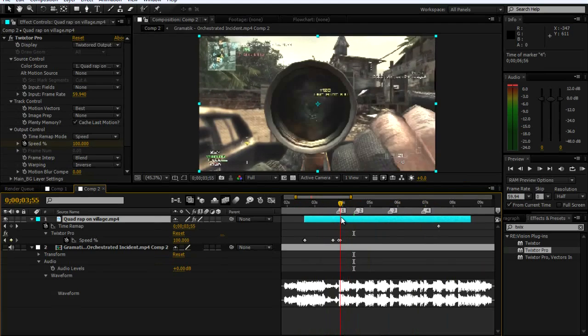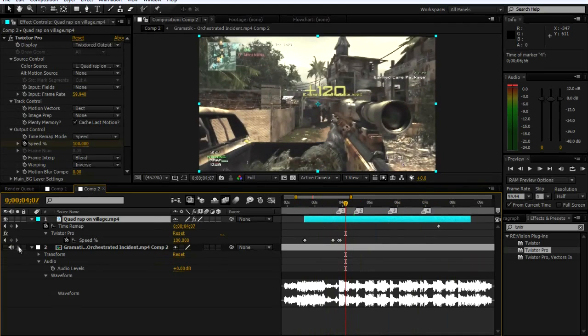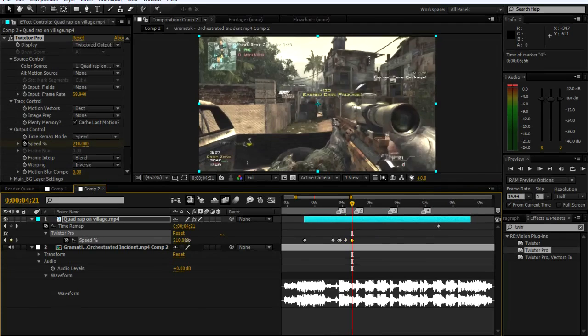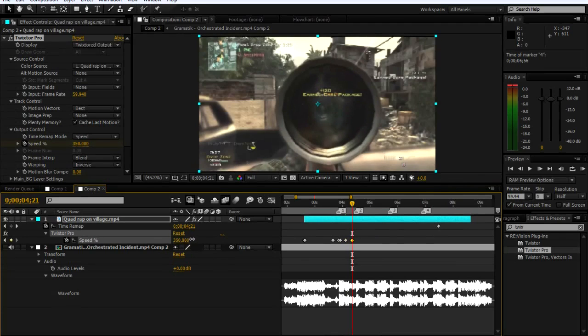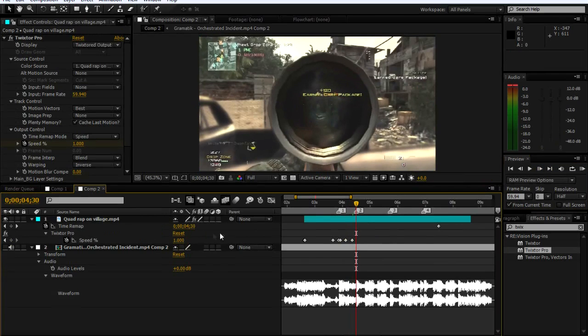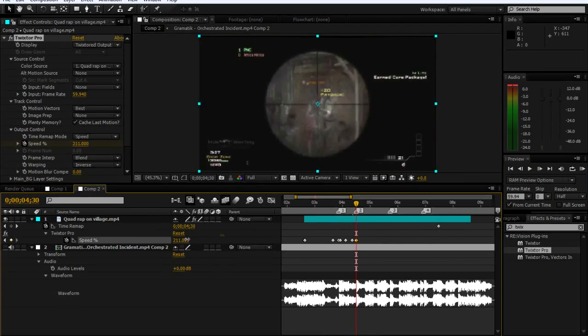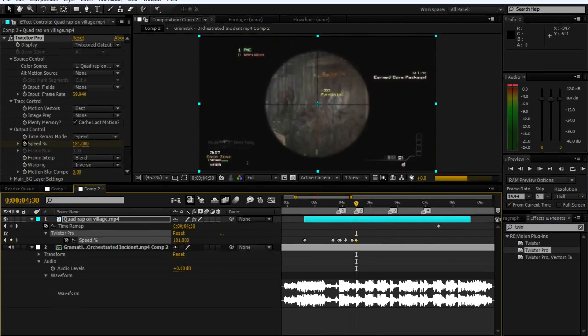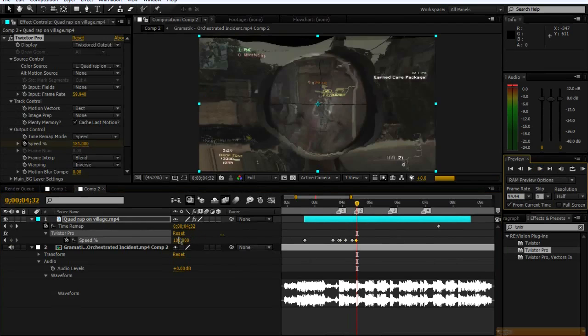So let's put a keyframe here, and bring it forward, speed it up, because that's glitchy, weird. Then go forward a frame, drop it down to 1 so we can slow-mo it back up. Then go forward to the actual marker and bring it back up to, mine says 221, and then go forward about probably 2 frames,